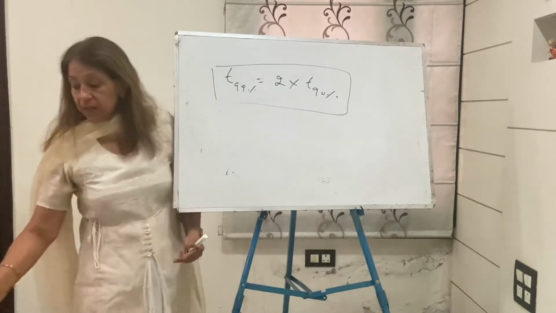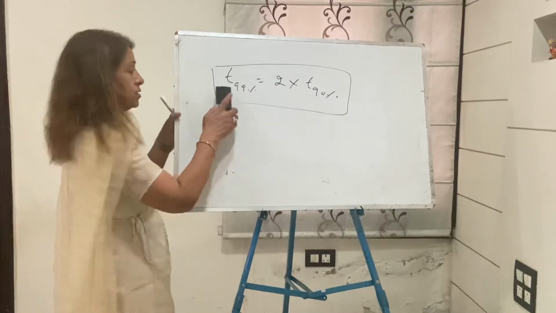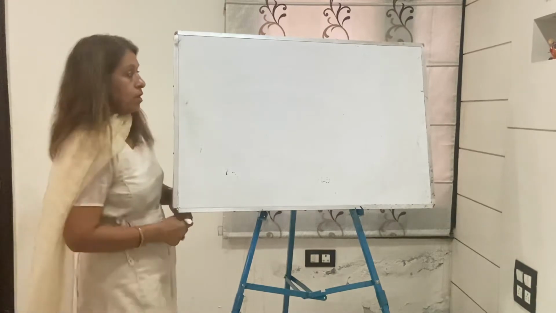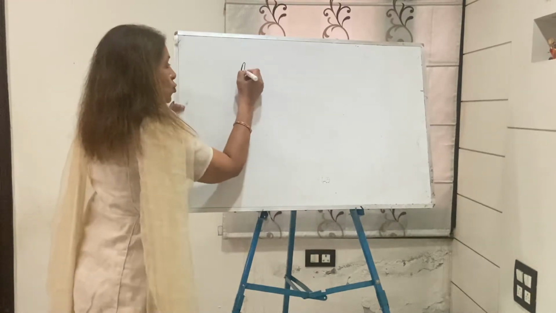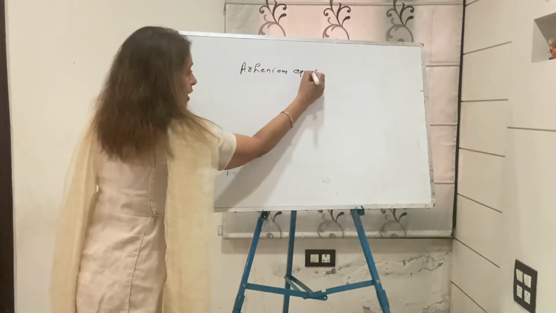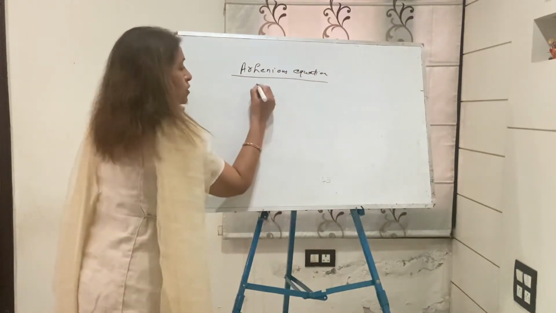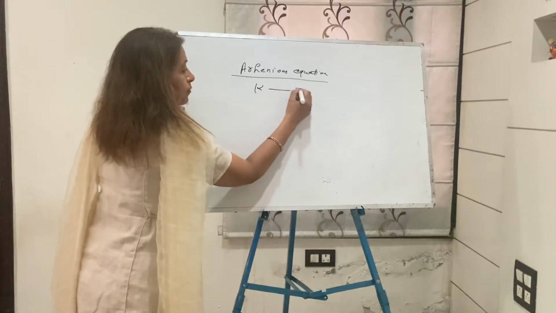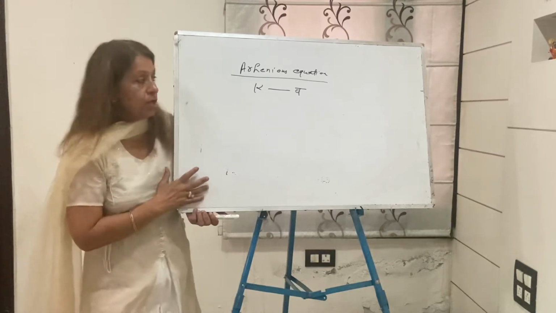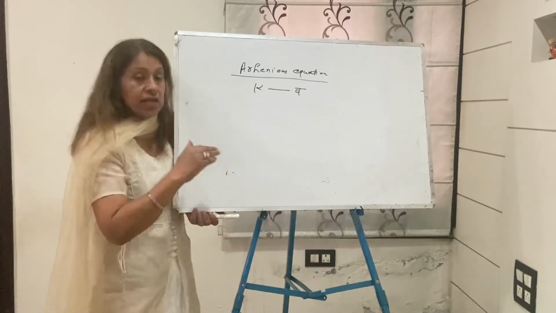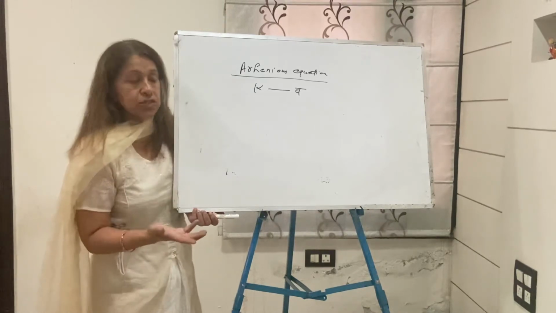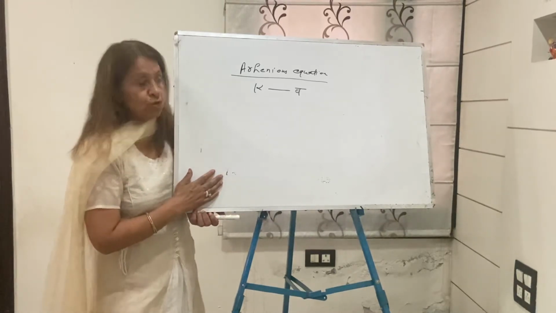Now I'm taking your next topic. Write down Arrhenius equation. It is the dependence of the rate constant on temperature. I will derive this today and we will start with the numericals tomorrow, in the next lecture. So it's a relation between a rate constant and temperature. Let us start the Arrhenius equation.